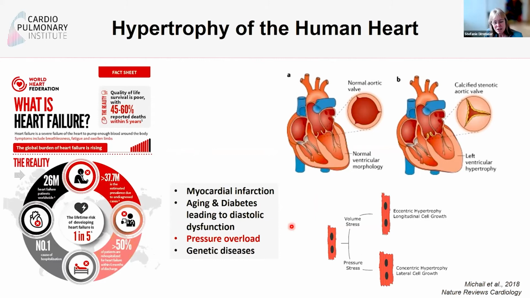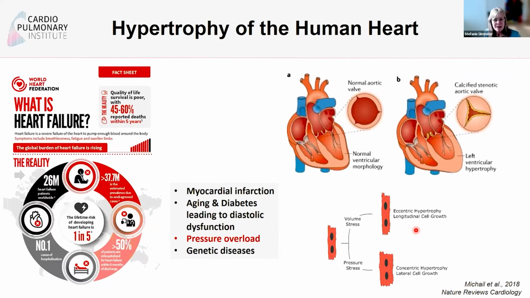And the first study which we now completed in humans is a study where we investigated the effect of pressure overload. Pressure overload is typically occurring in patients with valve stenosis. You see here the valve, which is responsible for keeping the blood outside the heart, but now the heart needs to pump out the blood. And if you have a stenosis here, the heart can no longer pump the blood out of the heart, and this makes a pressure in the ventricle, leading to hypertrophy and then a growth of the cardiomyocytes